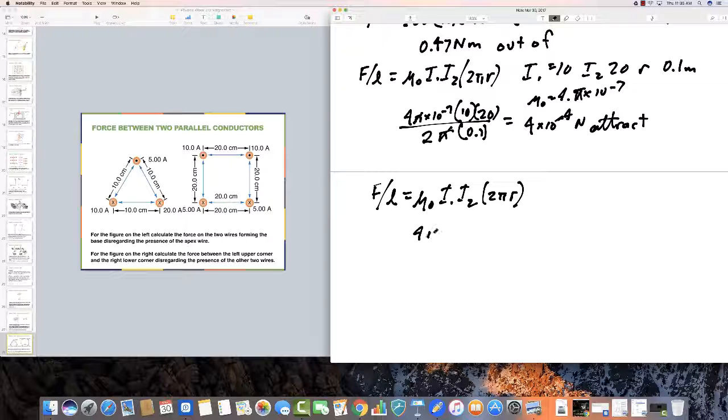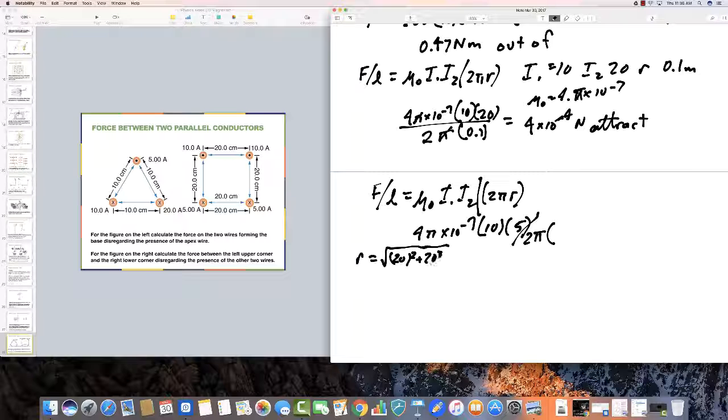So that's going to be 4 pi times 10 to the minus 7. Now I1 in this case is 10, I2 is 5. This is divided by 2 pi times, and the distance here, r, is going to be the square root of 20 squared plus 20 squared